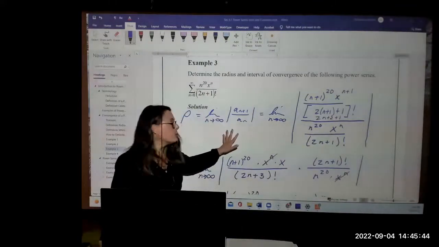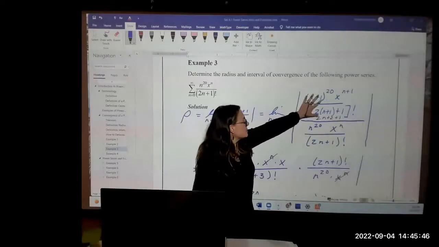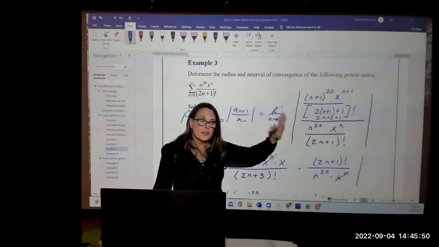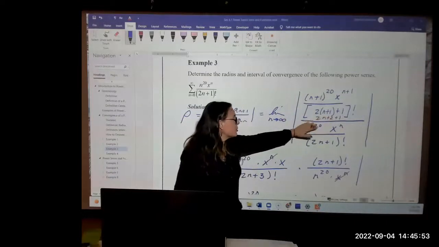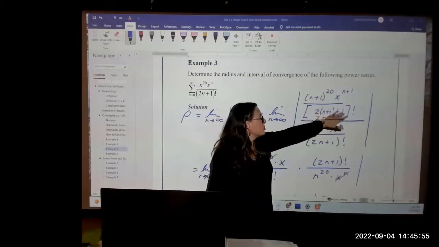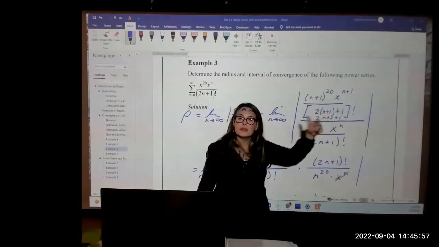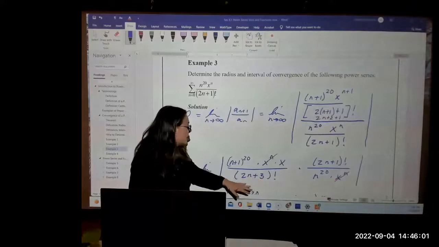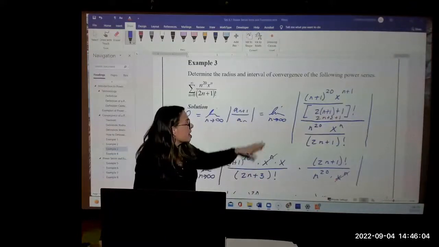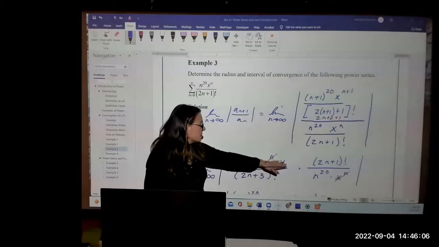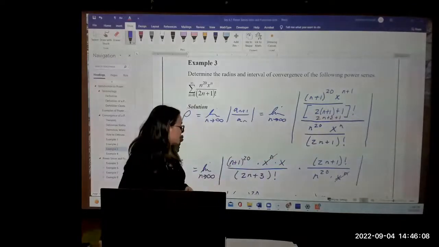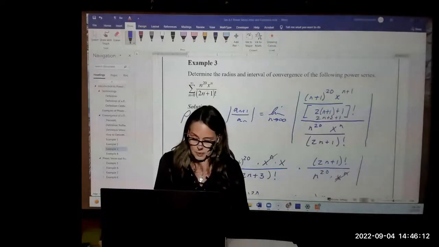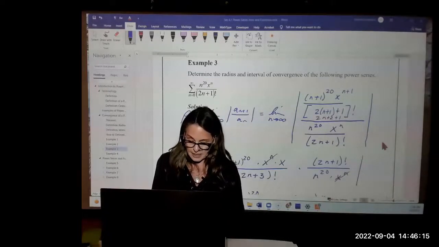Again, we started with the ratio test. We have a n plus 1 over a sub n. Remember that you are replacing n with n plus 1, so the factorial becomes 2n plus 2 plus another 1, or 2n plus 3 quantity factorial, which is what you see here. And then you can rewrite the x to the n plus 1 as x to the n times x. The x to the n's cancel. Now, the next thing you want to do is you want to get the things raised to the 20th power together, and you want to get the